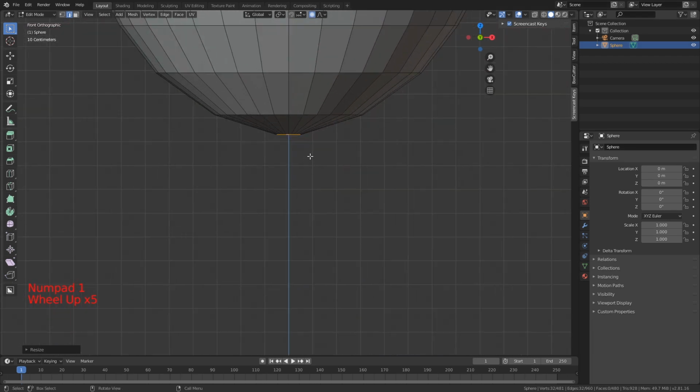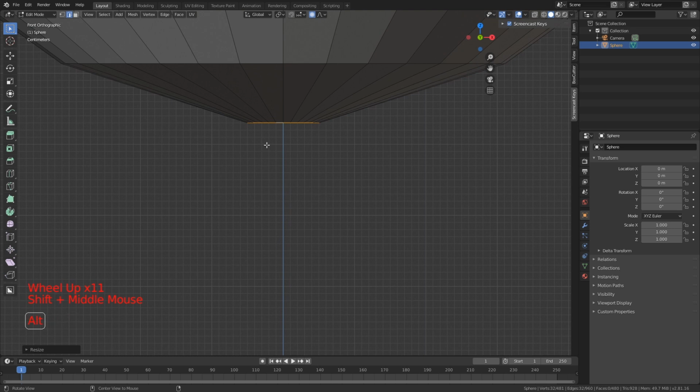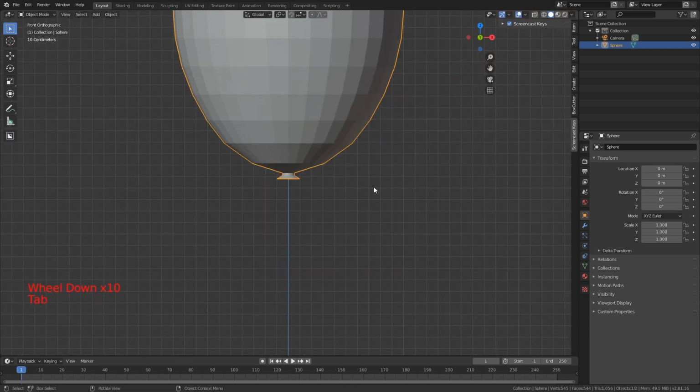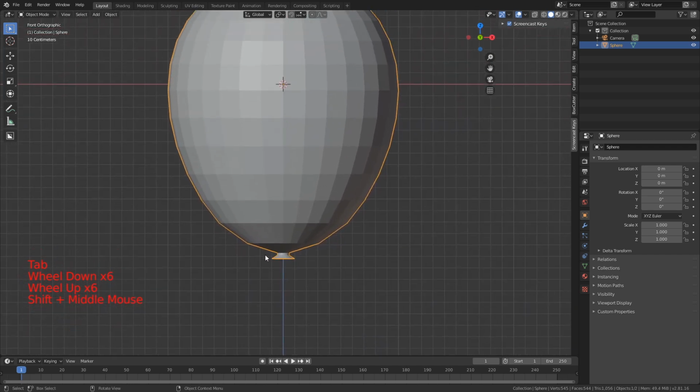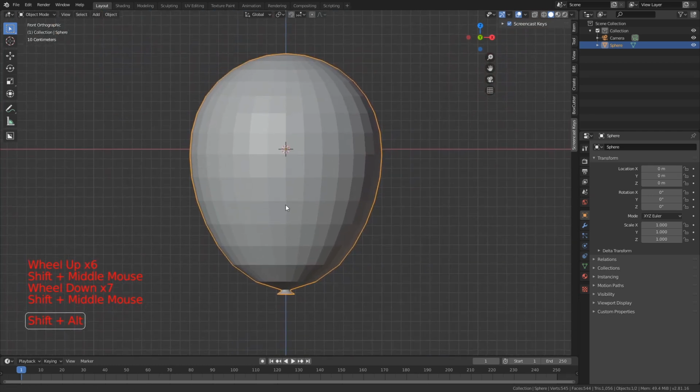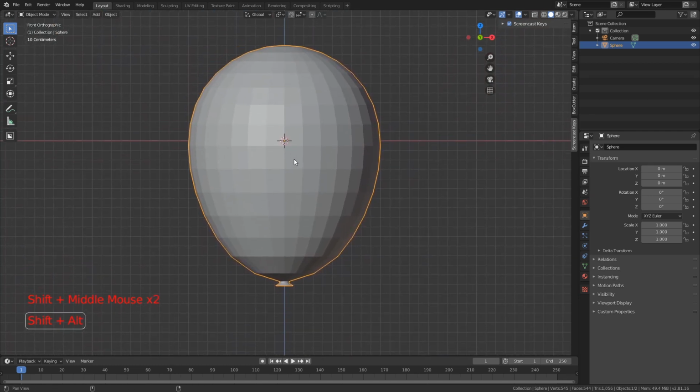And we'll press 1 again, scroll in, and we'll press E to extrude, and then pressing O to turn off our proportional editing, S to scale, and left click to apply. Now we have a nice little knot at the bottom of our balloon, but as you can see, the balloon is all